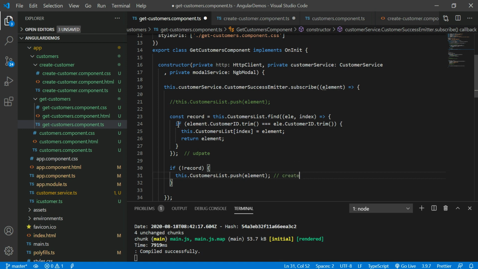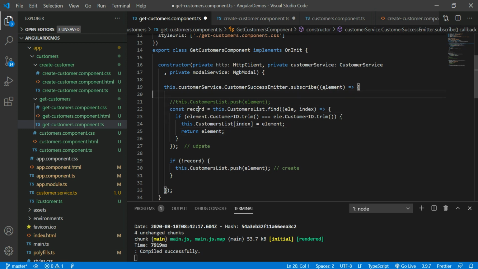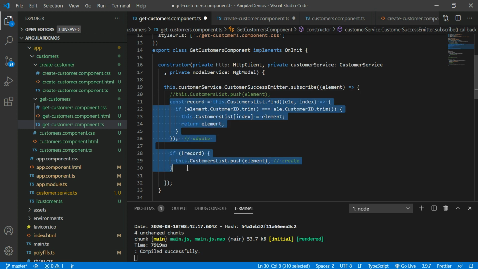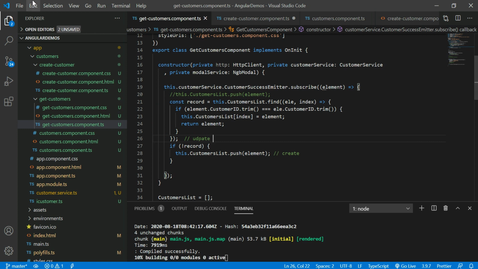So what happened, when customer ID is available, I am just assigning the current row into that customer list index value. I am updating that current row into the customer list index value. Okay, the customer list index value represents the current row. That's it. This logic may be a bit complex, just understand what is happening here. Okay, now let me save all.